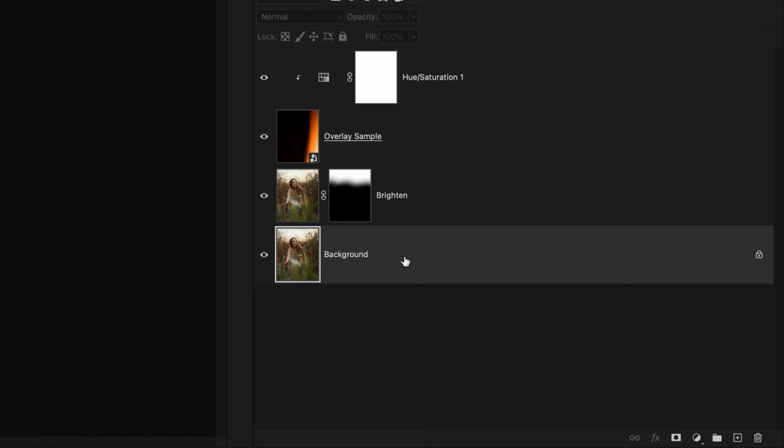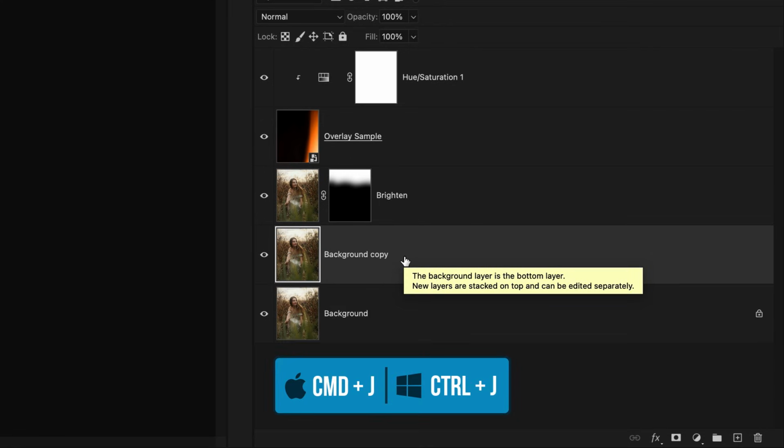Now let's say I want to give this image a more whimsical feel and add sort of a blur around the outer edge, and then maybe a bit more warm colors. Well, when we start working with filters, which are things like blurs or sharpening adjustments, for example, that is another use case for smart objects because they allow you to use smart filters, and you'll see why that's helpful in just a second here. So to begin, I'll click on my background layer and press Command or Control J to